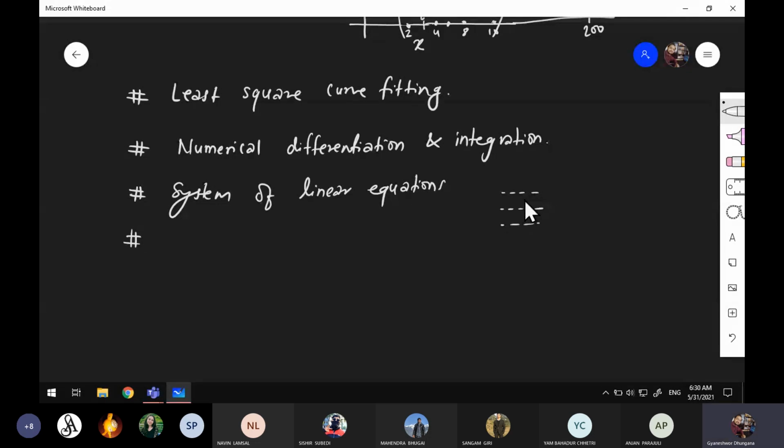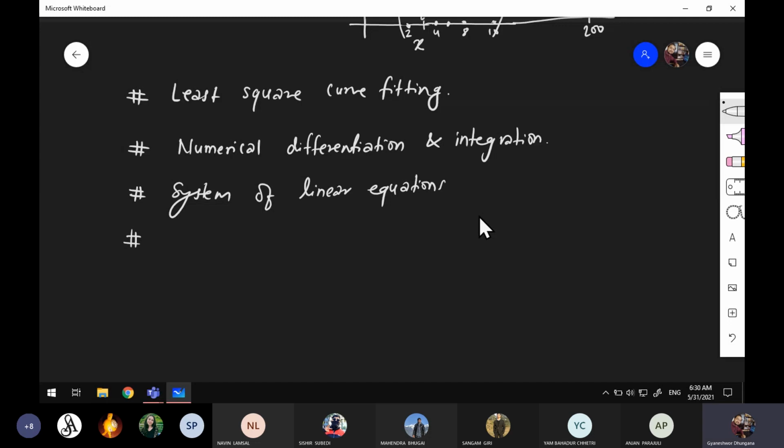So if we are given only 2 or 3 functions, then solving the system of linear equations may be easier by using the analytical method. But there may be situations where we are given n number of such equations. If we are given a large number of such equations and we have to solve them, then definitely the analytical method becomes extremely hard. And in such a case, the numerical method becomes a better way of solving them.